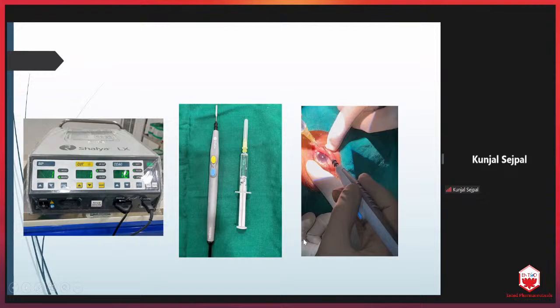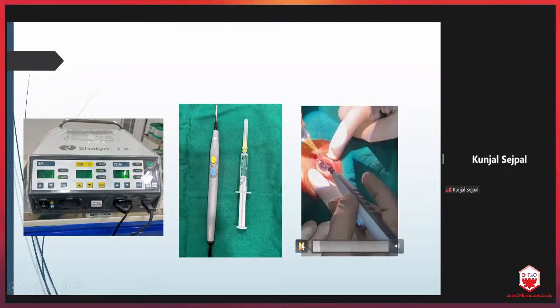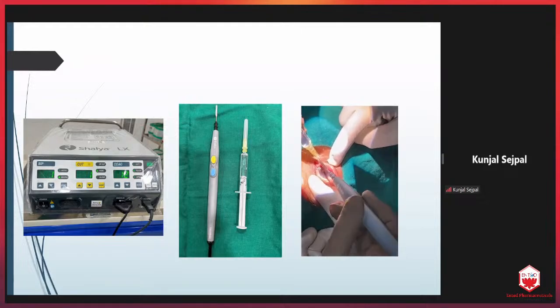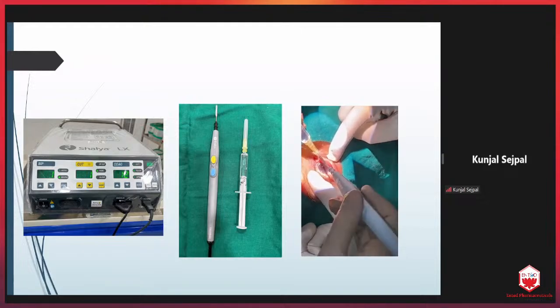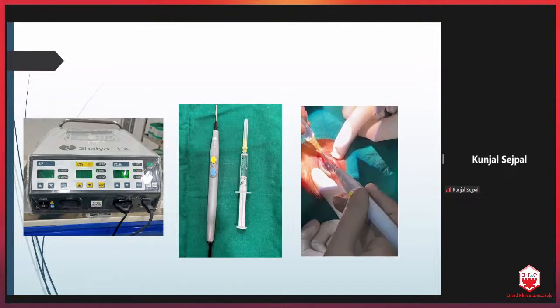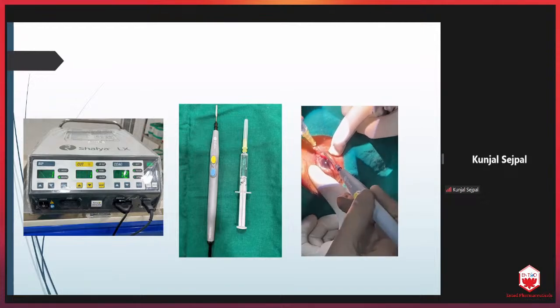So what you need to do is place a needle or a punctum dilator or a punctal probe on the punctum and touch the cautery tip to the needle, and your work is done. You have to do exactly the same thing that you do with the other cautery.